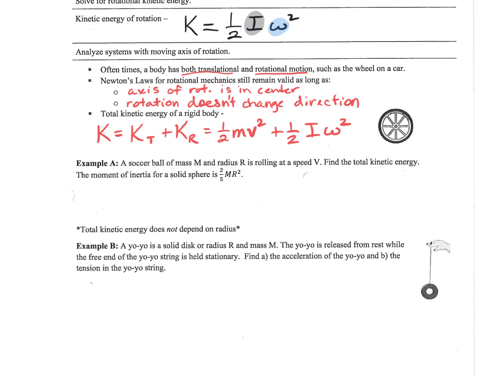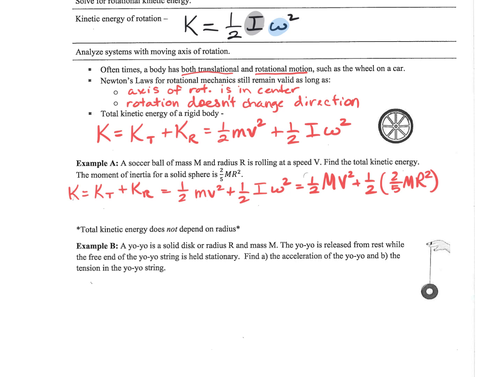All right, soccer ball with mass m and radius r is rolling at a speed v. Find the total kinetic energy. And it gives us the moment of inertia. So we know K is equal to K translational plus K rotational, which is 1/2 mv squared plus 1/2 I omega squared. So let's plug in 1/2 mv squared plus 1/2 I, it gave us 2/5 mr squared times omega